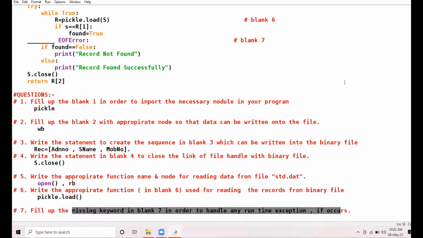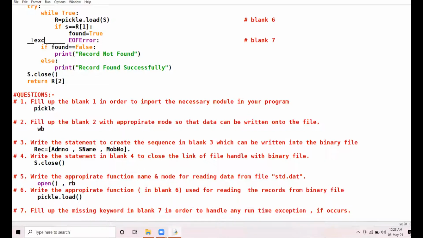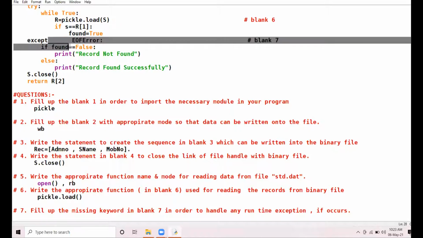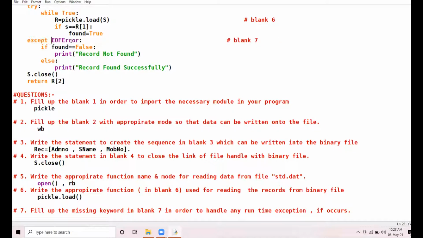Very right, very correct. Except. The except keyword will be used to handle any sort of exception that arises after we have read the last record. So the answer is except.